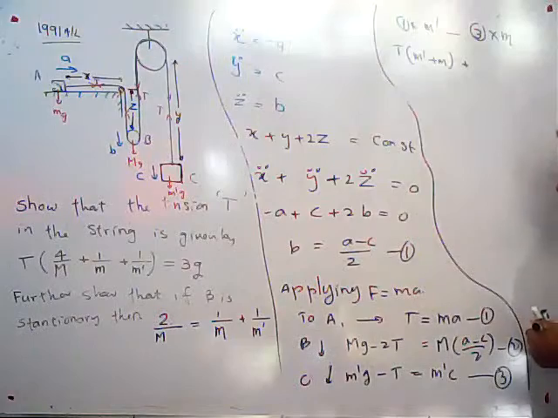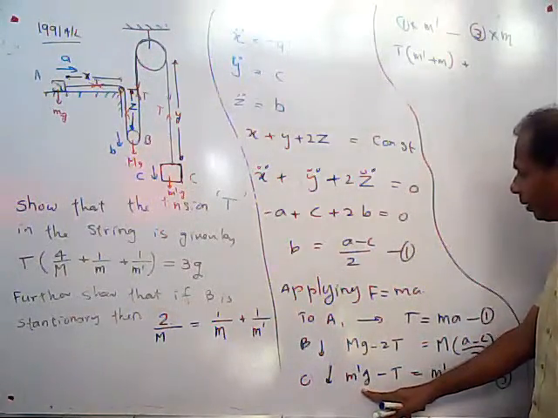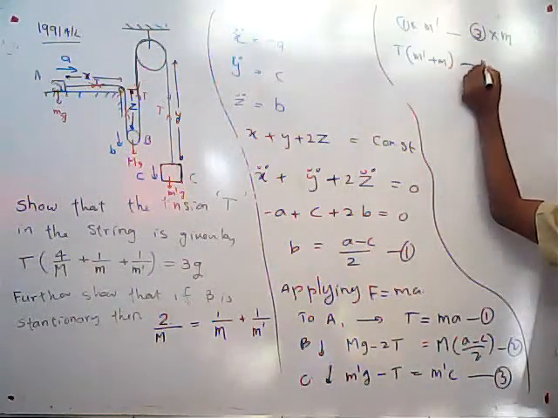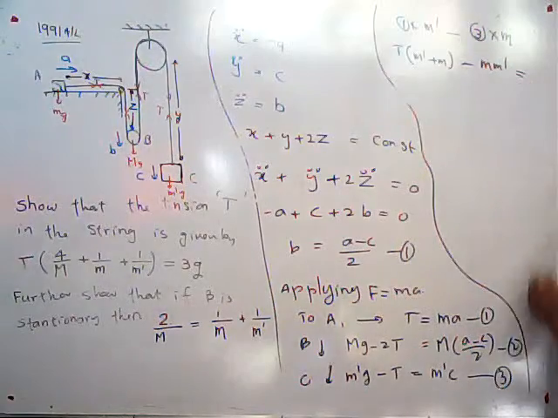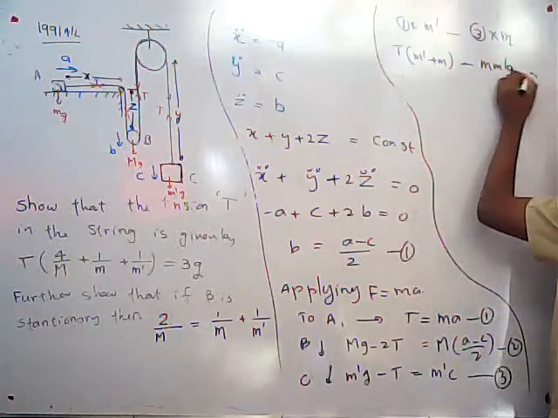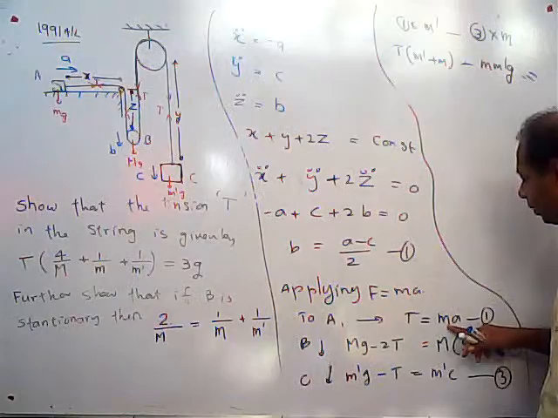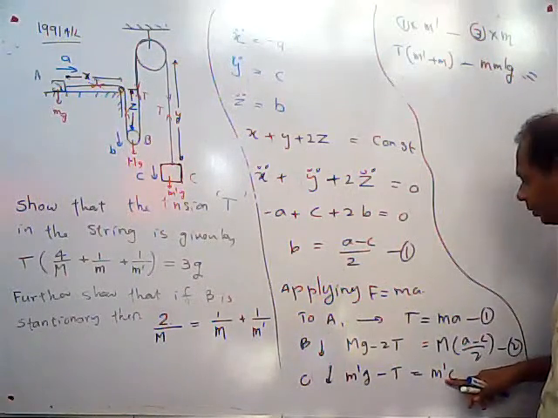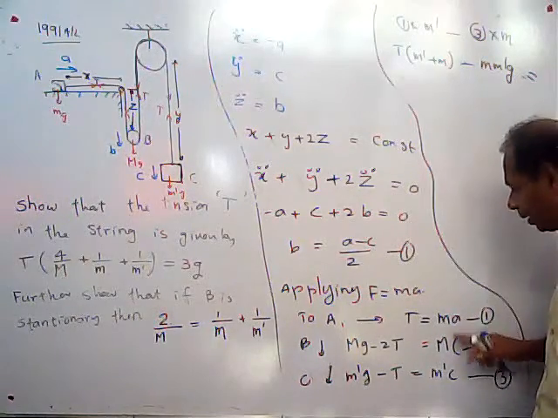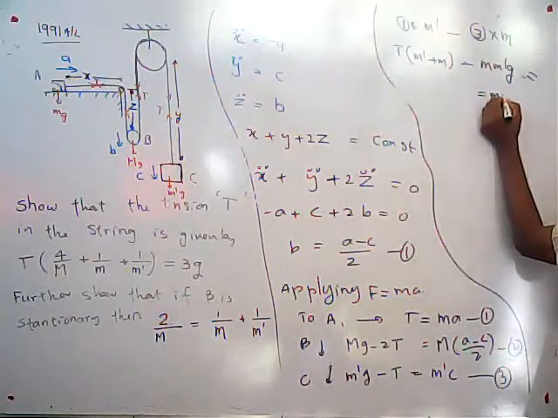And further, this is multiplied by m and subtracted. That will give minus m dash g. On the other side, we multiplied this by m dash, this by m, and subtracted. So m dash is common. That will give a minus c, right? Equals m dash